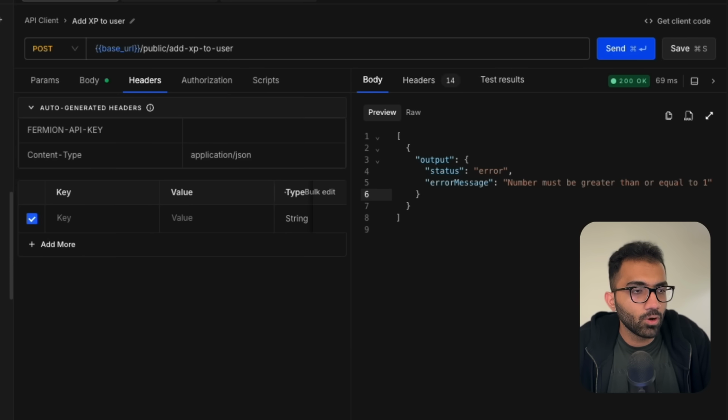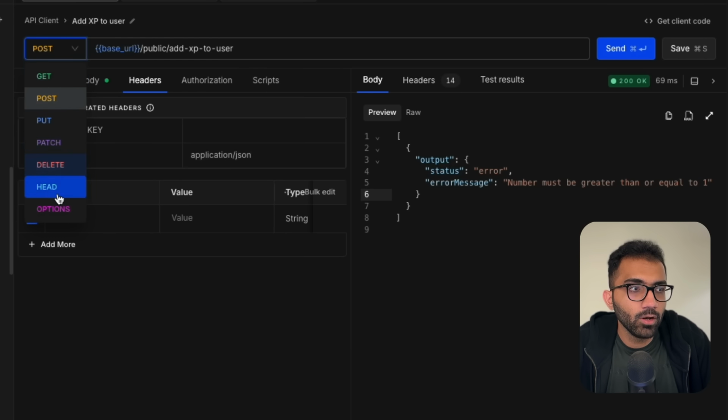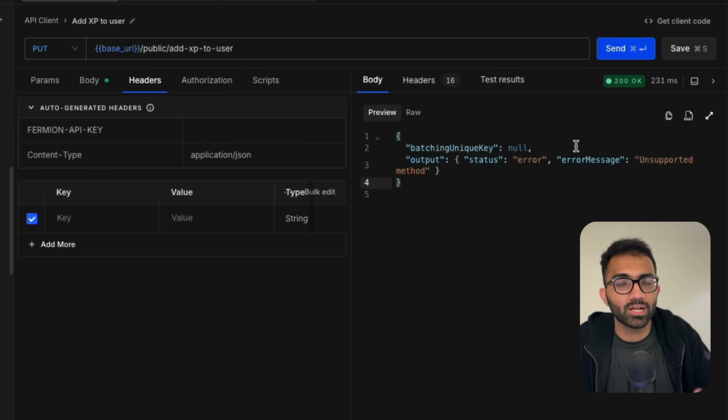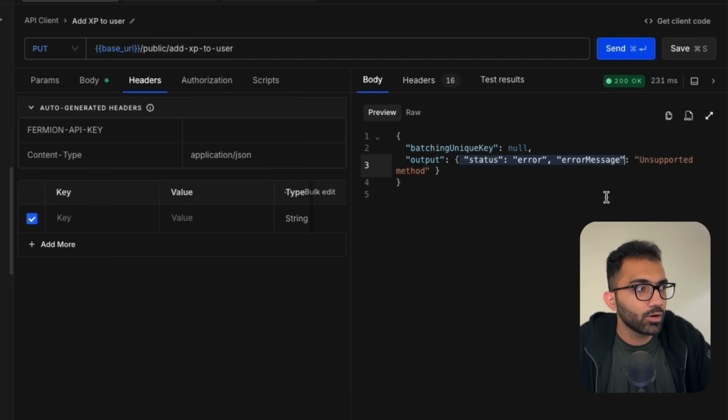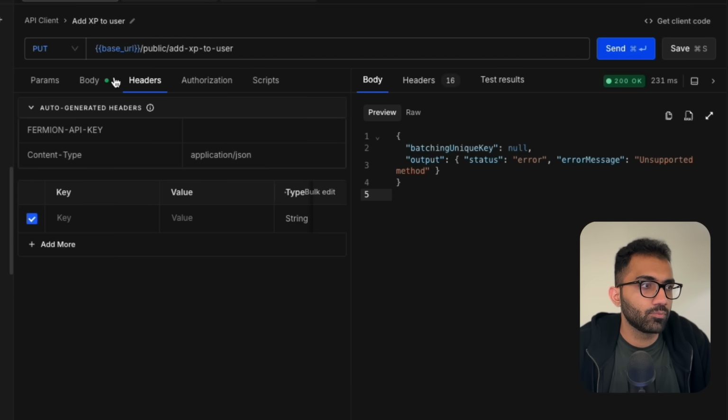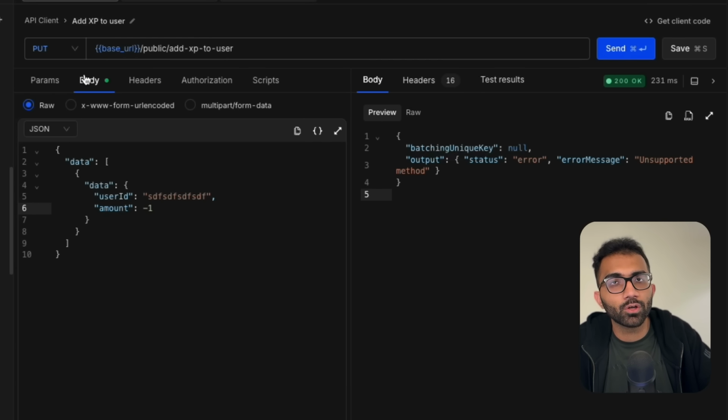Not only this, with Requestly, you can also do a bunch more things. You can simulate different methods. For example, we have logged this as post, but if I want to see what will happen if I send a put request, and I hit send, you will see that our backend itself returns unsupported method. You see that it still returns 200 okay, because like I mentioned, as long as it's reaching us, we will return the right code. But over here we just tell you it's unsupported because we don't support the specific method that you are sending. Similarly, you can play around with these values and quickly debug what's going on with an API